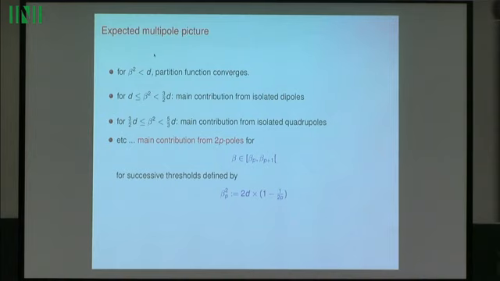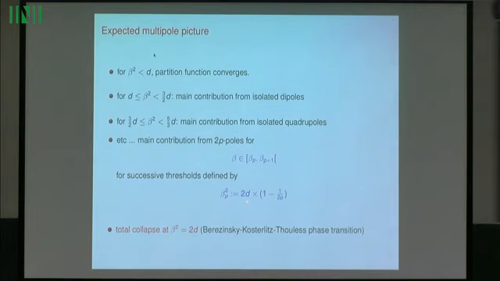You will see that you have a sequence of thresholds where you start to see a non-trivial contribution from 2p-poles, so p particles at distance of the cutoff. Each time you cross a threshold, you have a new divergent contribution coming from 2p-poles, and you only see these 2p-poles in this phase. So this is the multipole picture, and of course you see that these thresholds converge to 2d, and at 2d there is a transition,